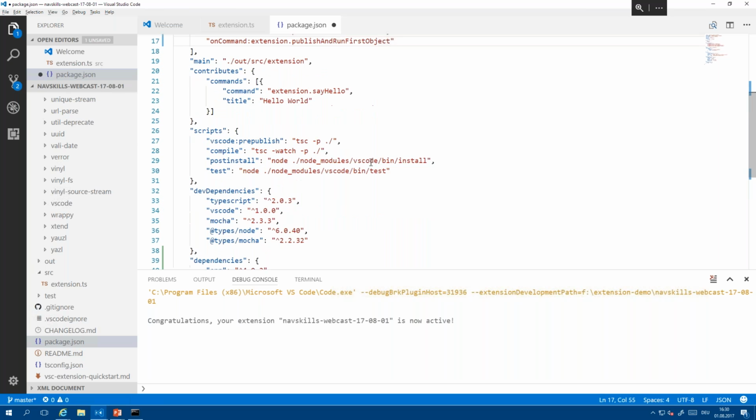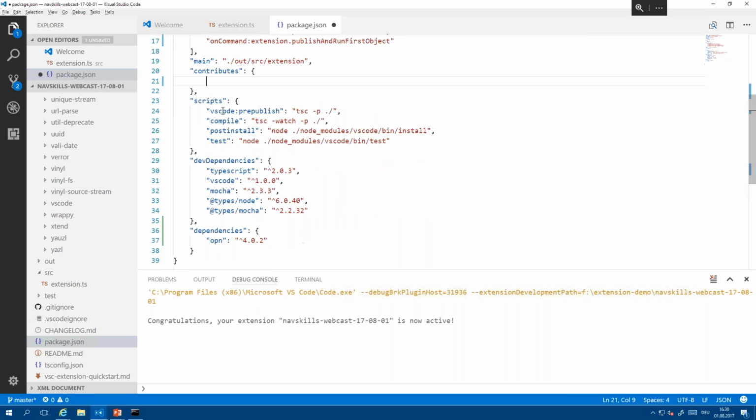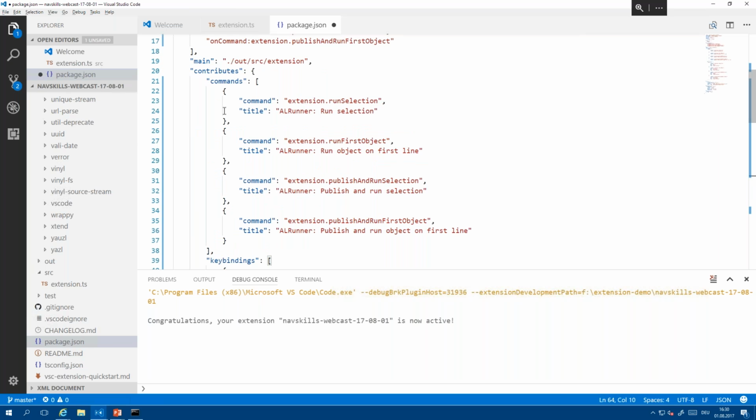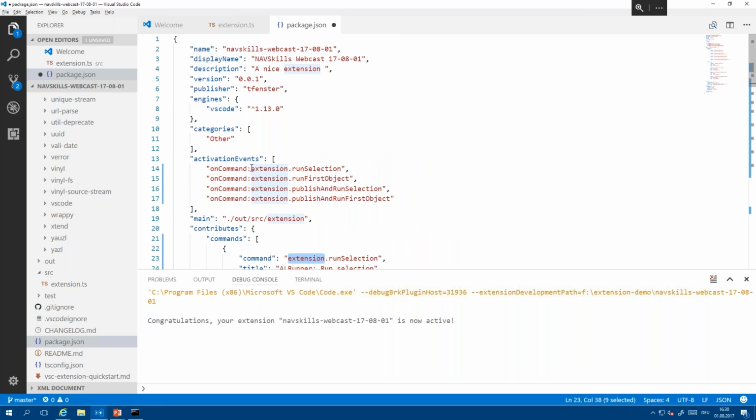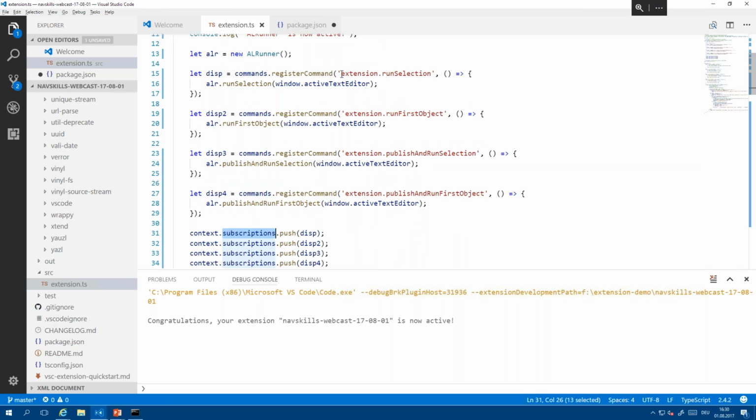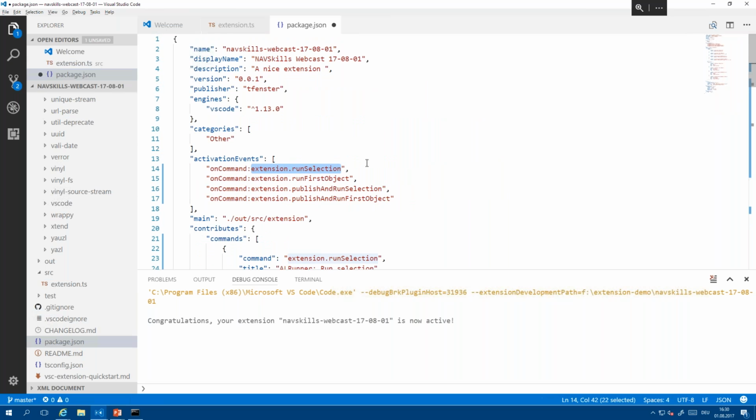Also, we need to make sure that the commands are in here. This is what in VS Code is called contributes, because we are contributing a list of commands. You have the command. This maps to those and also maps to those. So you have to make sure that you don't have any typos in there.